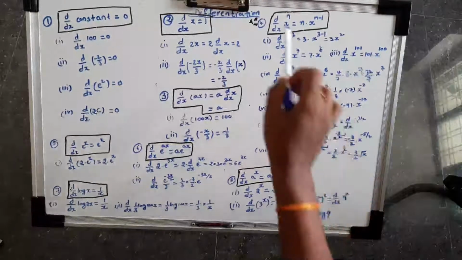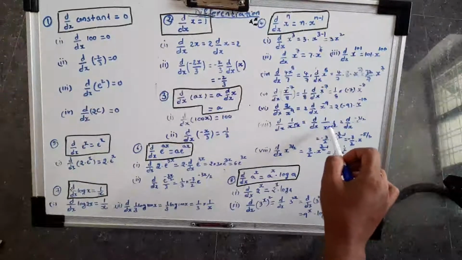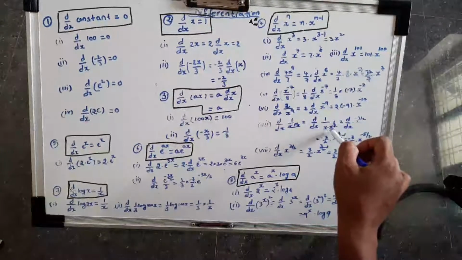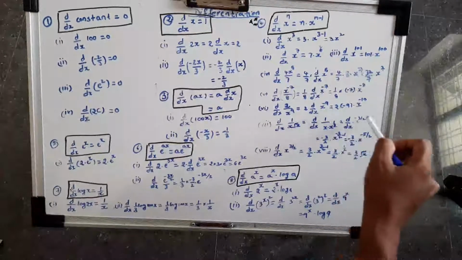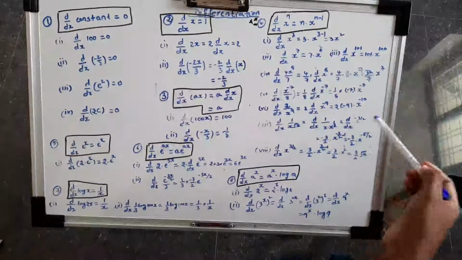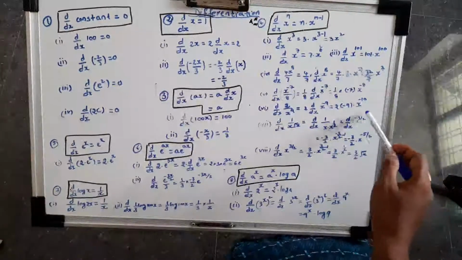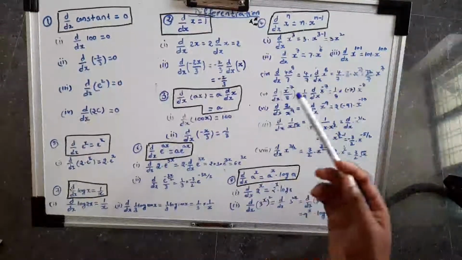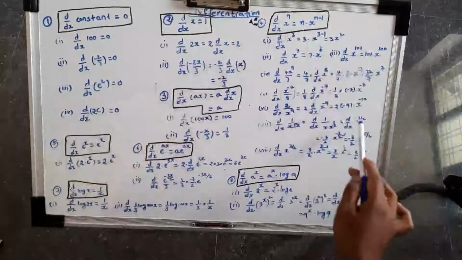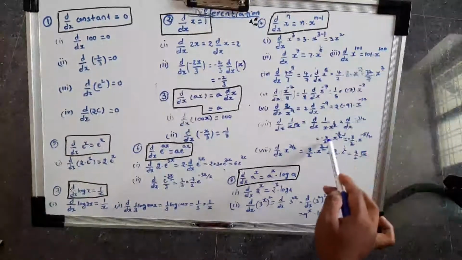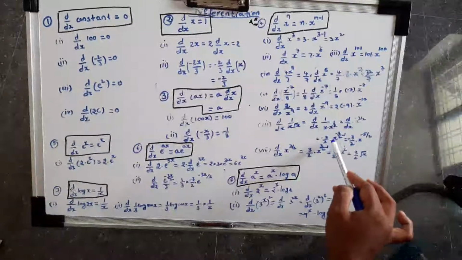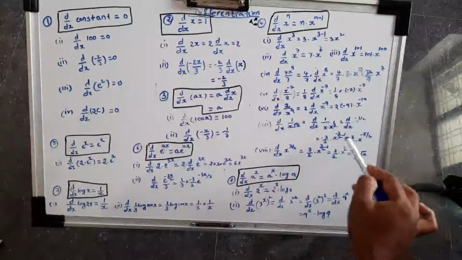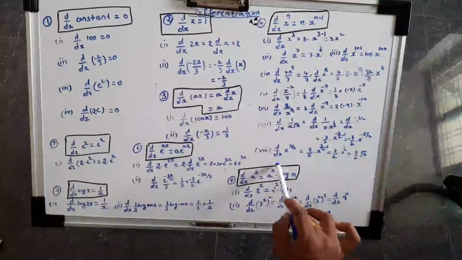In the denominator we don't have a formula, so we have to shift this term to the numerator. The power we got is 3 by 2, and when we shift to the numerator it becomes x power minus 3 by 2. From here onwards it is the normal formula. In place of n it may be a fraction, even a negative fraction; any value is there, we can apply this formula. So minus 3 by 2 is n, times x power minus 3 by 2 minus 1, like n minus 1. When we simplify this value, you will get the result.